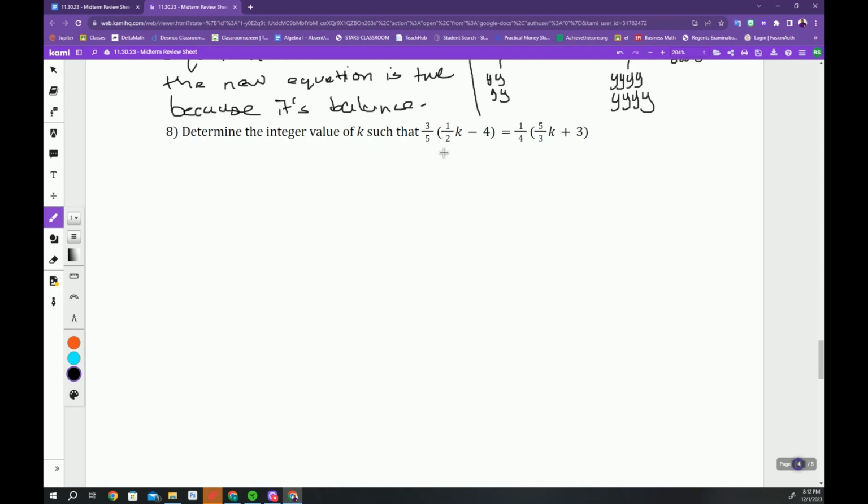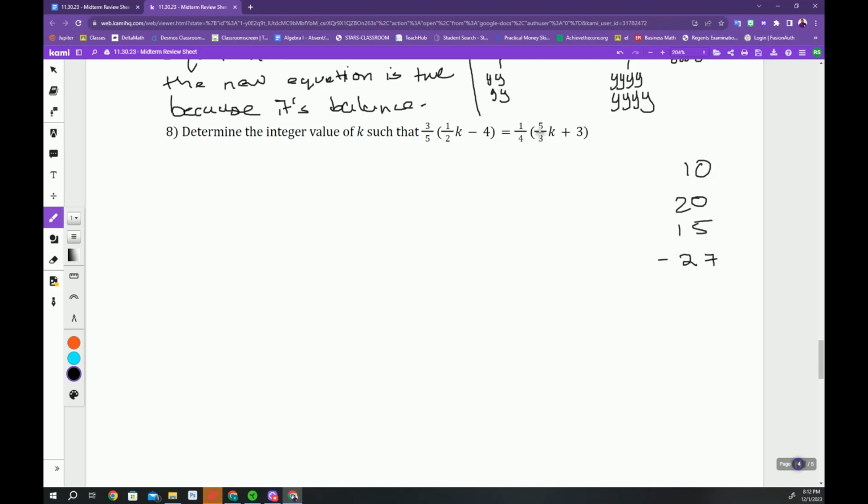What we want to do is solve for k, so we're going to do this the same way as if we had just regular whole numbers here. We can distribute. But before I continue, if you had multiple choice options here, something you could do